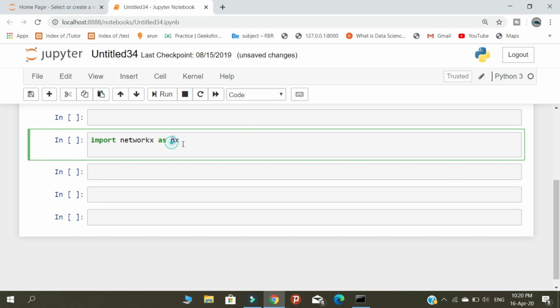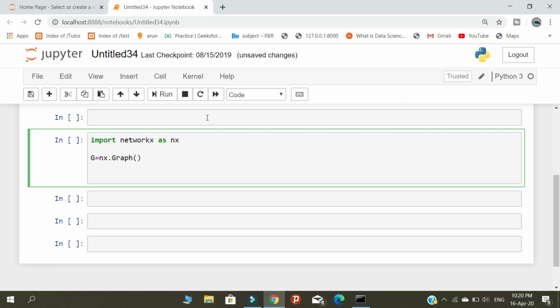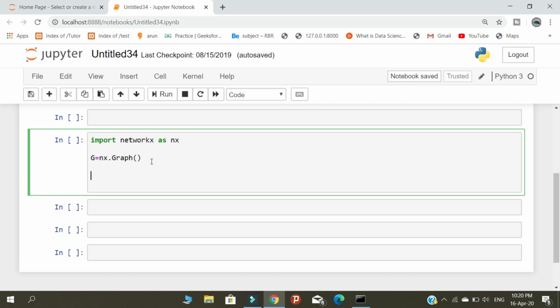After that, we are going to form a graph. So we declare a variable here. This step is used to form a graph. After forming the graph, we need to add the edges into the graph.